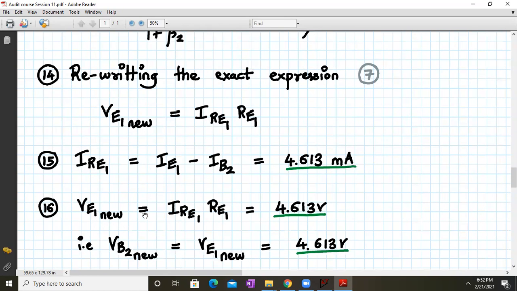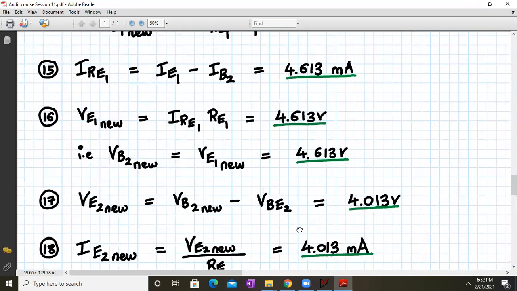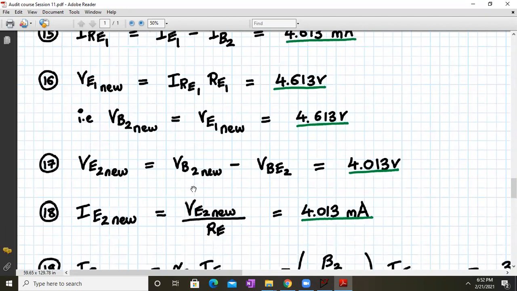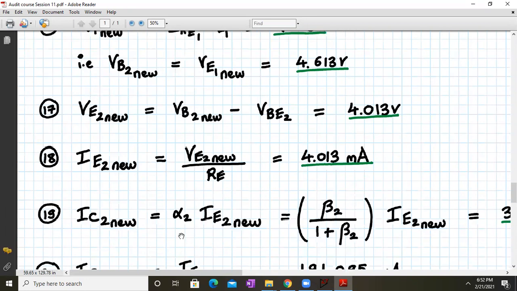Now V1 new will be IRE1 into RE1, which will be 4.613 volt. Then VB2, for the second stage, everything we have to recalculate because IB2 is considered now. So VB2 new will be equal to VE1 new, which will be equal to 4.613 volt. Then VE2 new will be equal to VB2 new minus VBE2, which will be 4.013 volt. Then IE2 new will be VE2 divided by RE2 actually, it will be